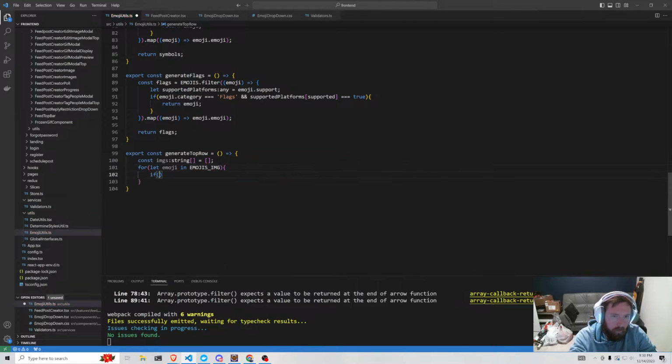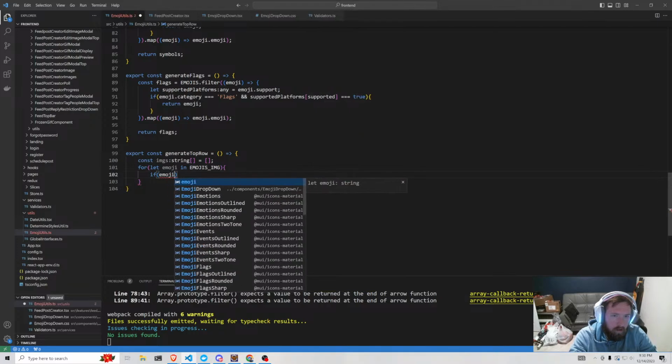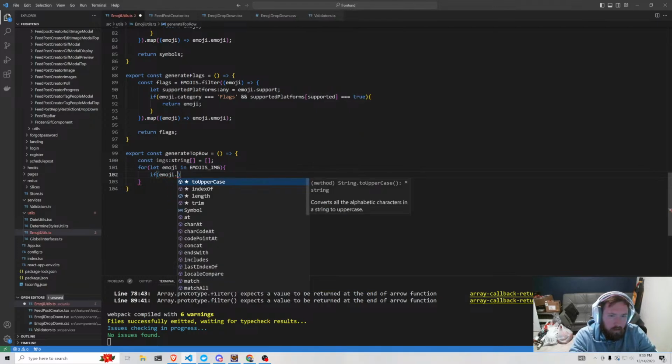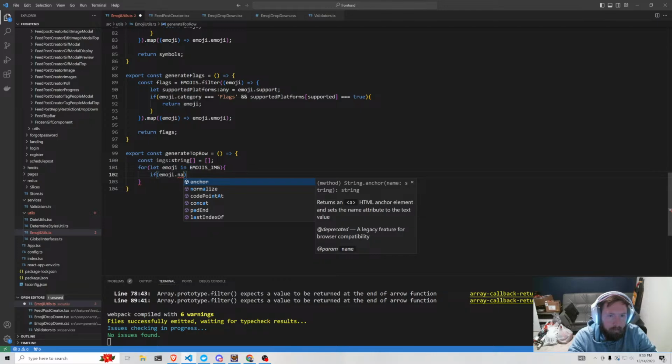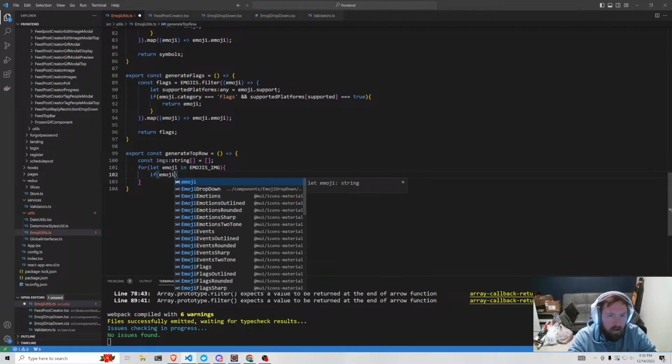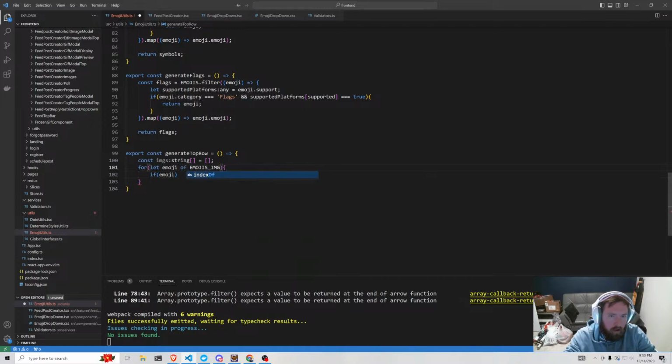So we're gonna say if emoji dot, and then we want name. It doesn't recognize dot name. So maybe it is of. Let emojis of this. Although that won't work either, right? Because, oh yeah, that's right, because it is an array. I'm just stupid, it's not an object. So we want emoji.name